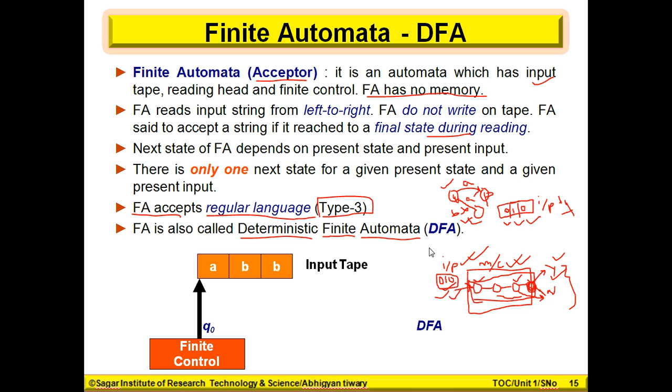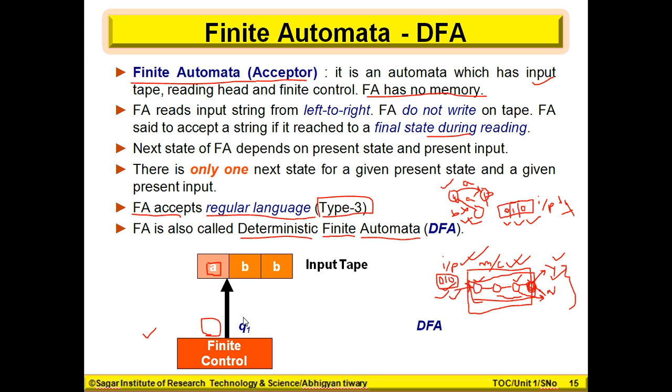Okay. Let's try to understand whatever we learned here. So this is a finite control. This is the brain, which is initially at state Q0. It is clearly visible here. State is Q0, and it is going to read this A itself. After taking input as this A, it decides to move to the right side. And the state will become Q1. So it changed its state from Q0 to Q1 after reading that A.